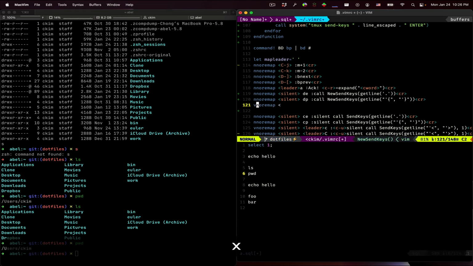Sorry, v no remap, not vn no remap. V no remap, silent, and we want it to be triggered when we press C. And we want to call new send keys get line, and to mark the beginning and the end of the selection. I believe you have to do tick, the beginning of the selection, to the quote